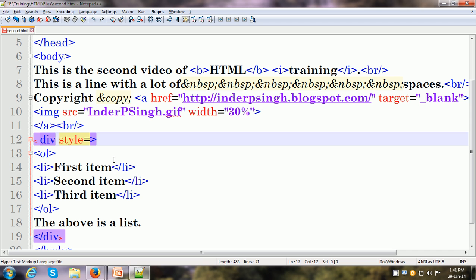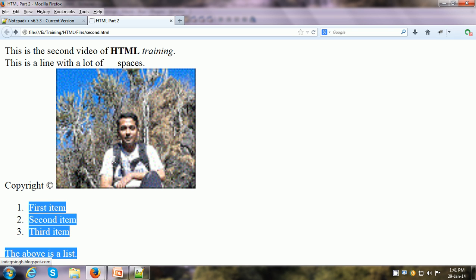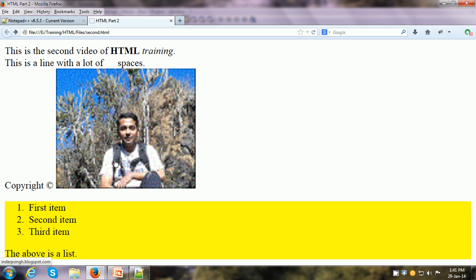So style is equal to, and here I can give background color as yellow, like this, and refresh the web page. Now you can see the entire div has a yellow background. And the same style attribute we can use in other tags also.